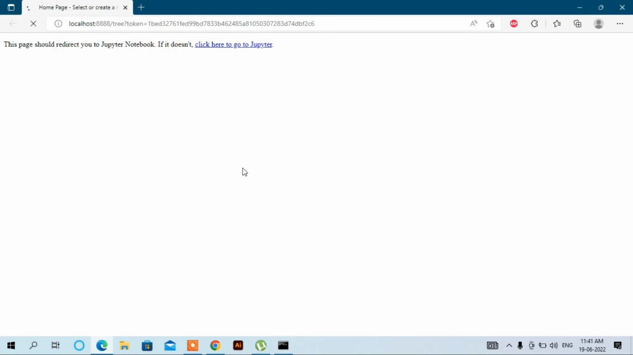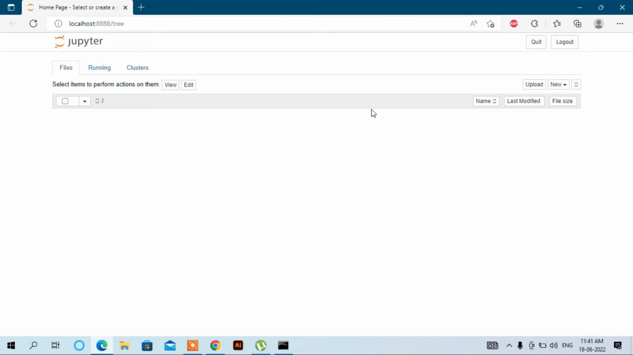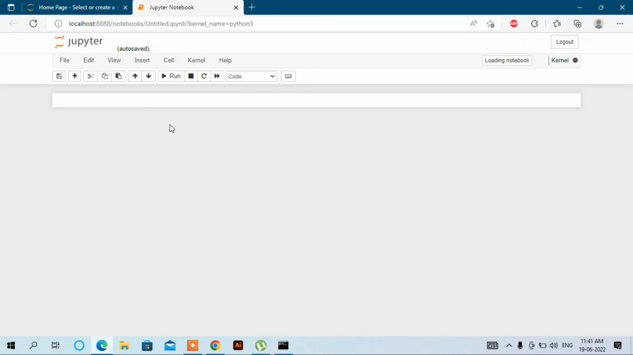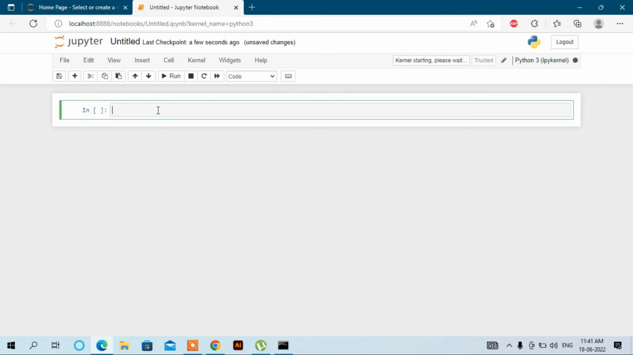Now see, it's opening in the browser. You can go here, New, and write down the program here. For example, we write down the simple program print Hello. And if you press enter,